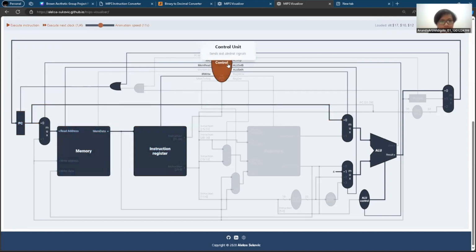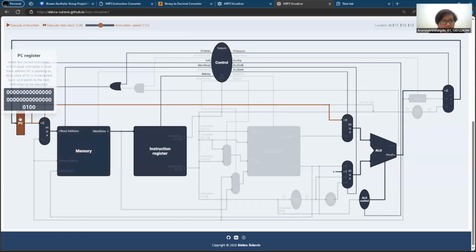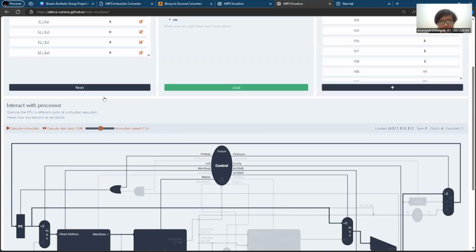And also the control unit controls every component in this MIPS, and it makes this process run like that.